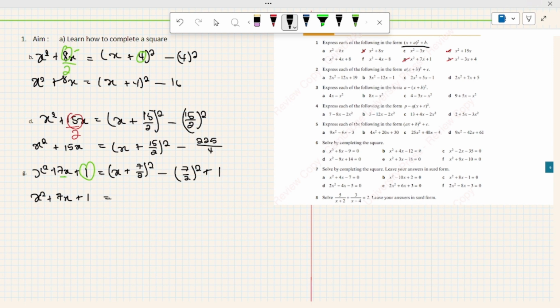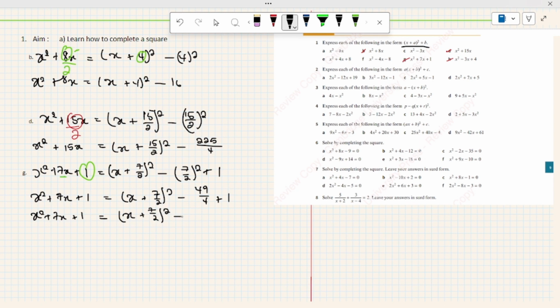Plus 1 is equal to, then it's going to be what? x plus 7 over 2 squared, minus, and then we're going to do what's there, it's just going to be the answer. That's going to be 49 over what? 49 over 4 plus 1. Let's continue. x squared plus 7x plus 1 is equal to x plus 7 over 2, then